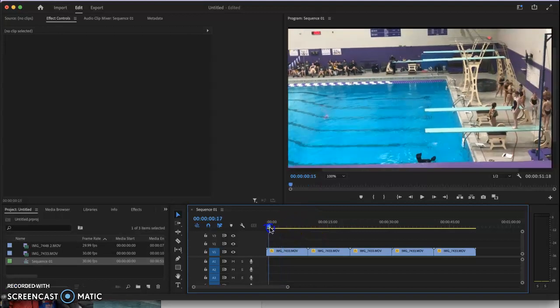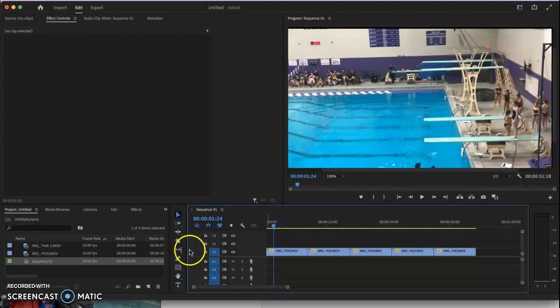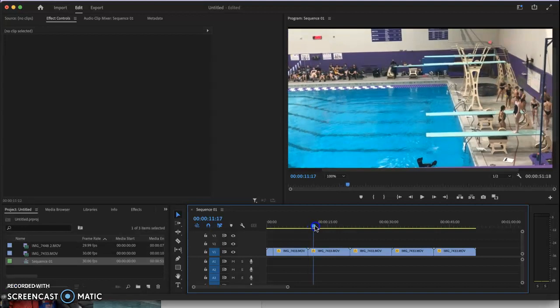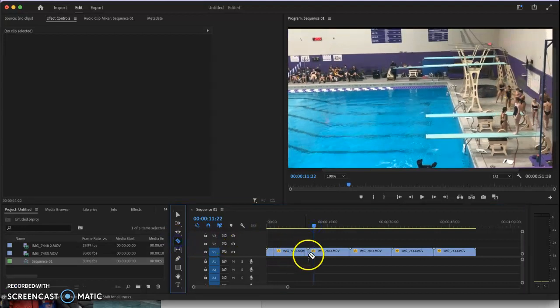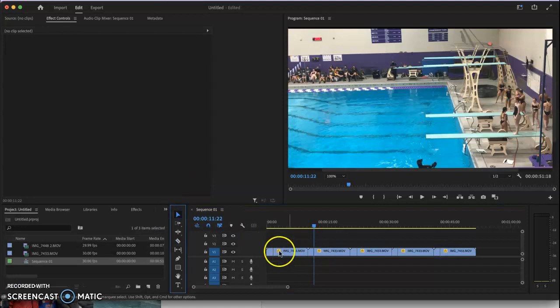So what I'm going to do is mark where I start to go, and I'm going to use the cut tool and just take that part out, and then I'm just going to estimate on the rest of them now that I know where I cut the first one. It doesn't have to be perfect for this. And then I'm going to take out